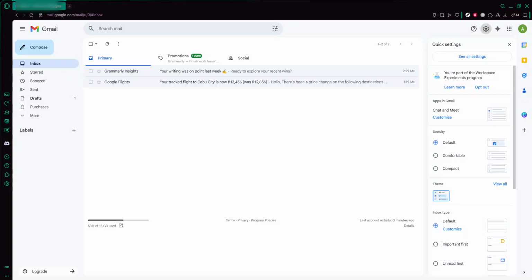In this video, I'll guide you through how to hide and unhide Gmail side panels. This is a simple trick that can make your inbox feel cleaner, give you more space to read emails, and help you focus when you need to. We'll take it step by step, and by the end, you'll know exactly how to show or hide those panels